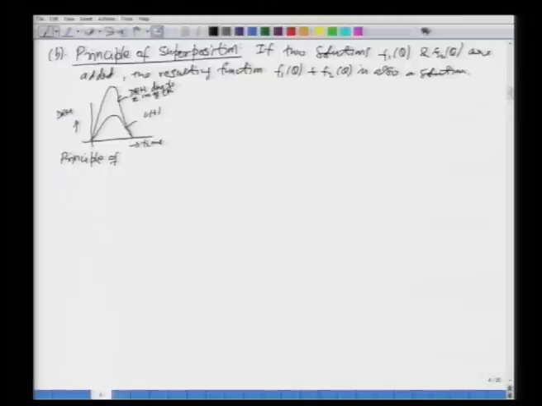This is the principle of proportionality. Right. Now, the next thing we are going to look at is superposition. What is superposition? As we have said, there are two functions f1 and f2, you just add them up,